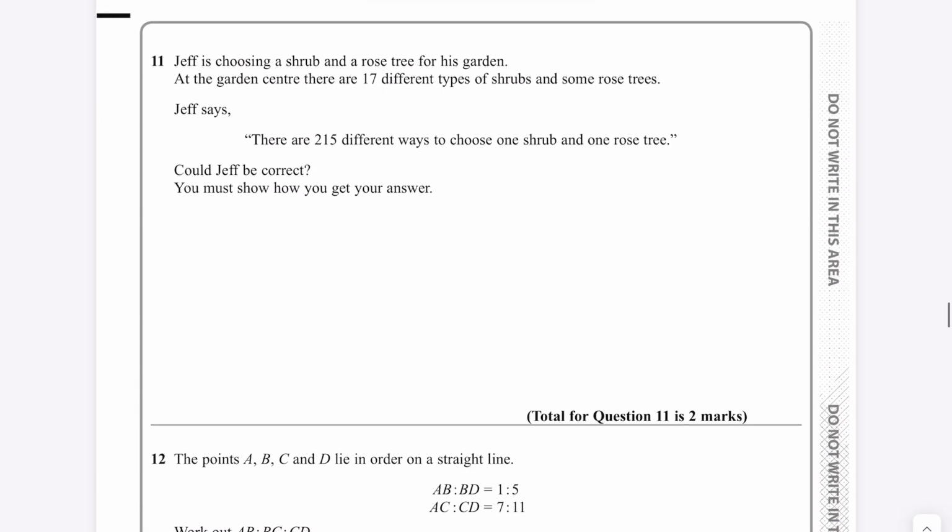And moving on. Jeff is choosing a shrub and rose tree for his garden. At the garden centre, there are 17 different types of shrub and some rose trees. Jeff says there are 215 ways to choose one shrub and one rose tree. Could Jeff be correct? Well, we've been given just two numbers in this question, that one there and that one there. And if you see how many combinations we can get out of this, so that'll be 215 divided by 17, let me just type that in, equals